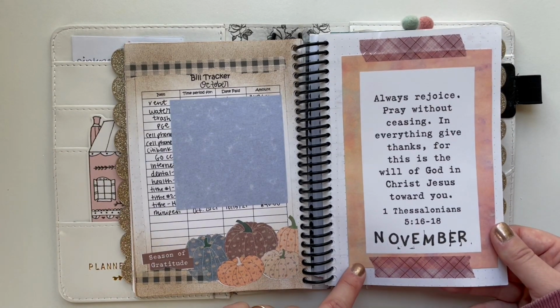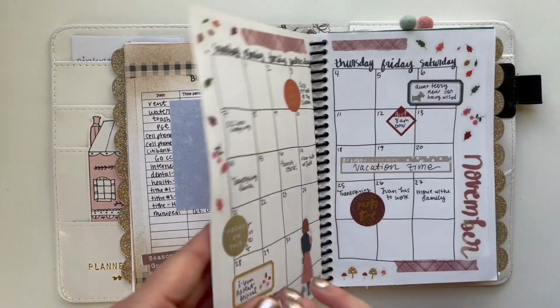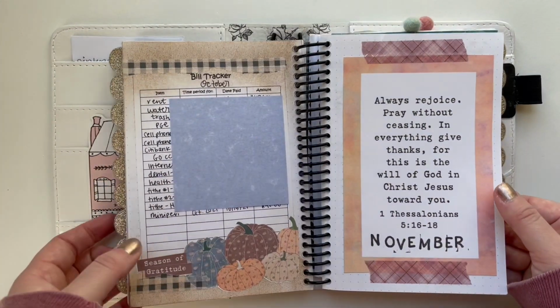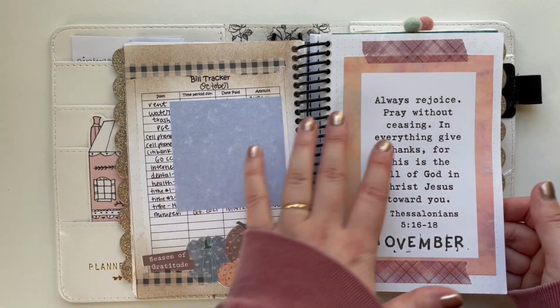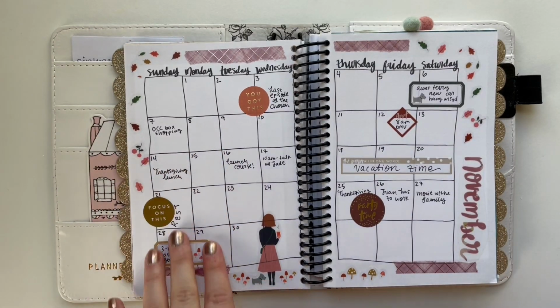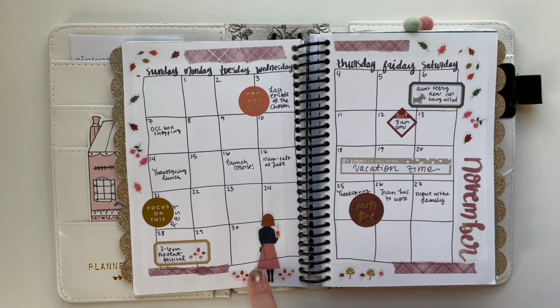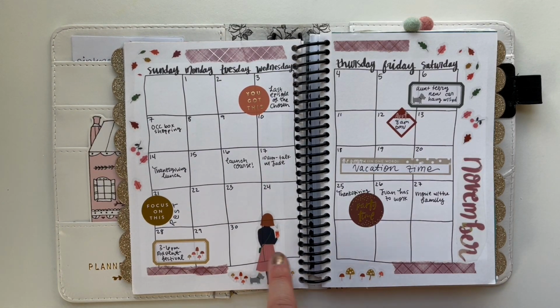And then we have November. I have this 4x6 journaling card. 4x6 cards fit really well in here, actually. And so they make really great monthly title pages. And I used some Happy Planner stickers here to document